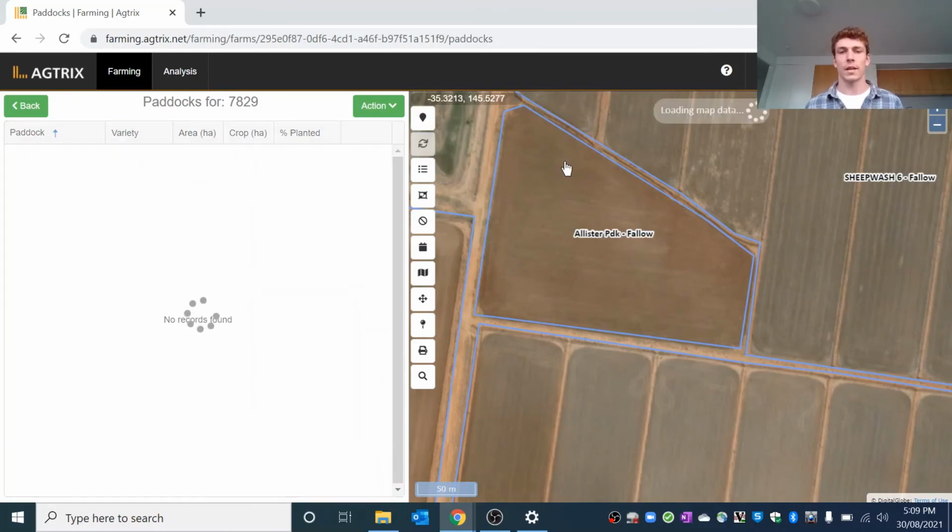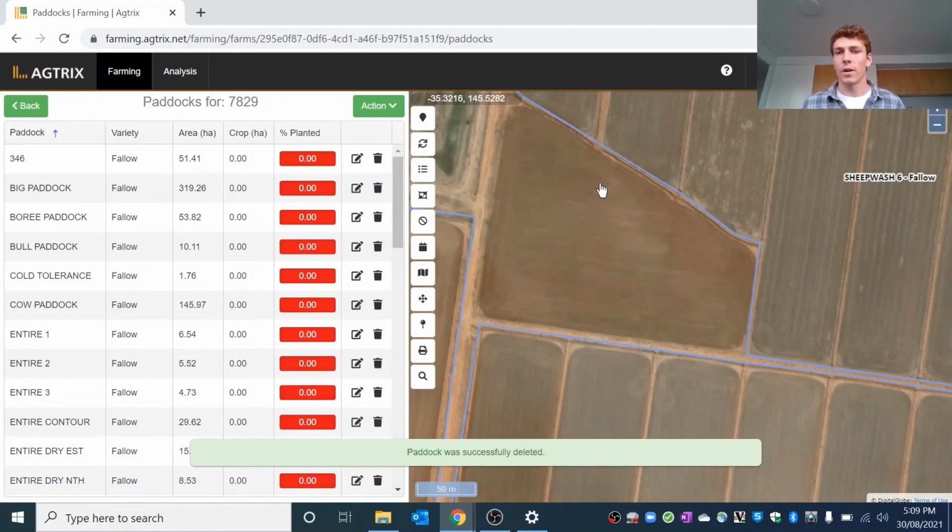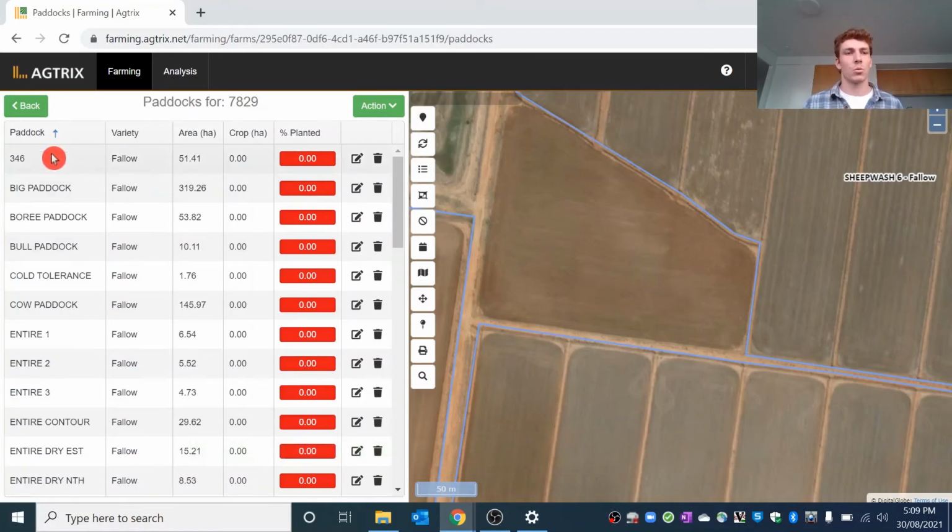And it's just going to take a moment to finalize, but you'll see on the map side, it's done it already. That paddock is now removed, and on the list, we no longer have Alistair's paddock available. So that's how we can go about adding in a paddock and both editing and deleting a paddock as well. If we actually wanted to edit a farm boundary, we can go from this page,